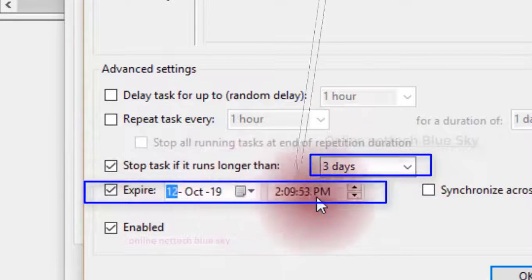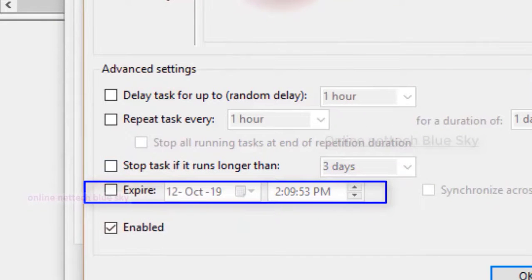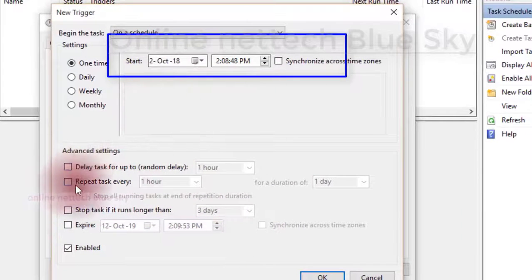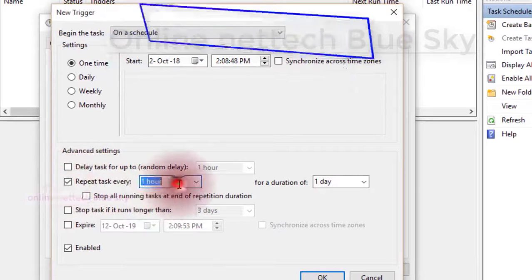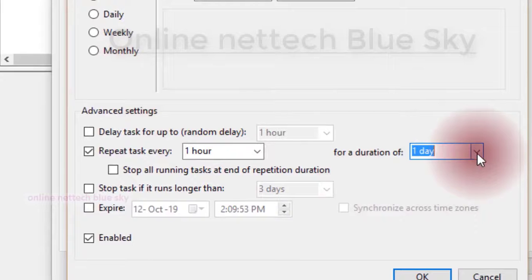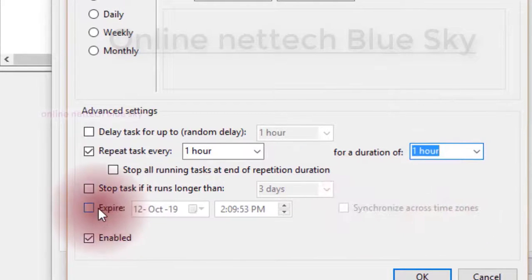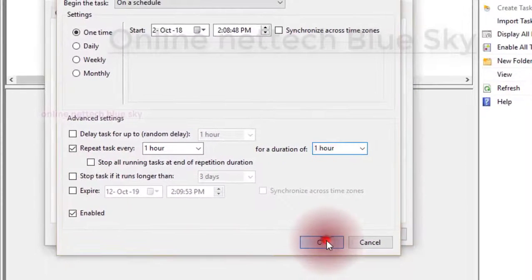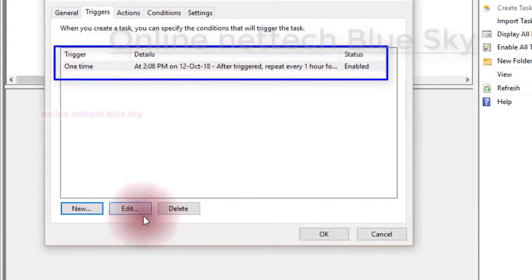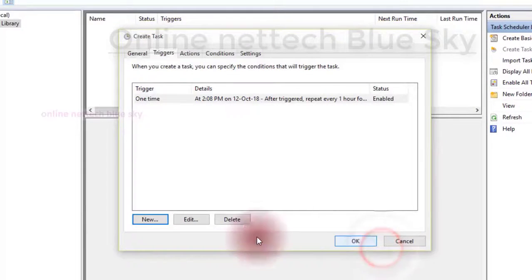You can see here the starting date, and this is the ending date. Maybe you click on expire. This is the starting date, and this is the ending date. I'm just showing you: I click on repeat every 1 hour, every day. So every day, every 1 hour, and the task expires. But I'm not keeping this completed task. You can delete or edit anything, and create new tasks with timing and duration.